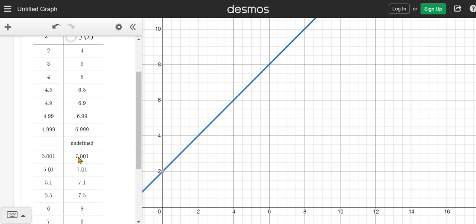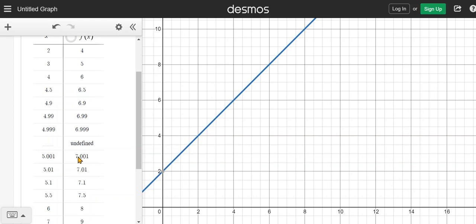Let me say that again, a slightly different way. The limit of the function as x approaches 5 is 7. In other words, as x is approaching 5, the function value is approaching 7. So sometimes it's handy to think of the limit as the function value that we are approaching as